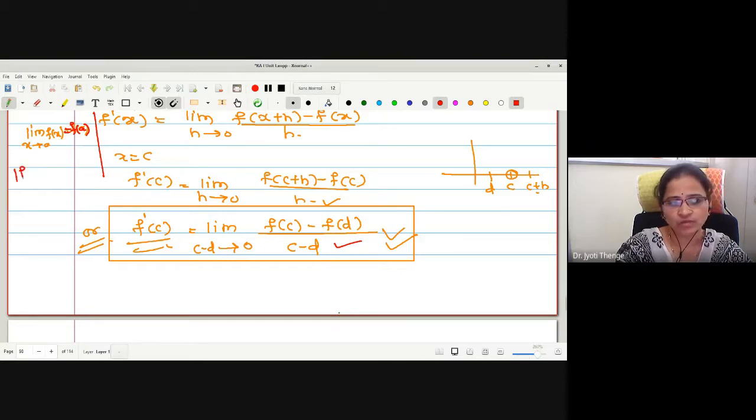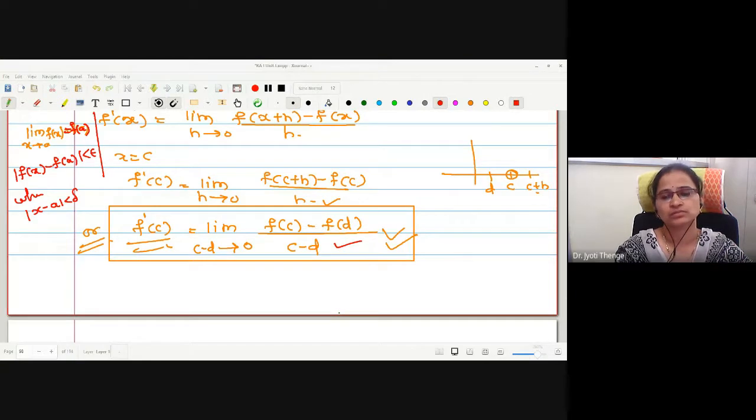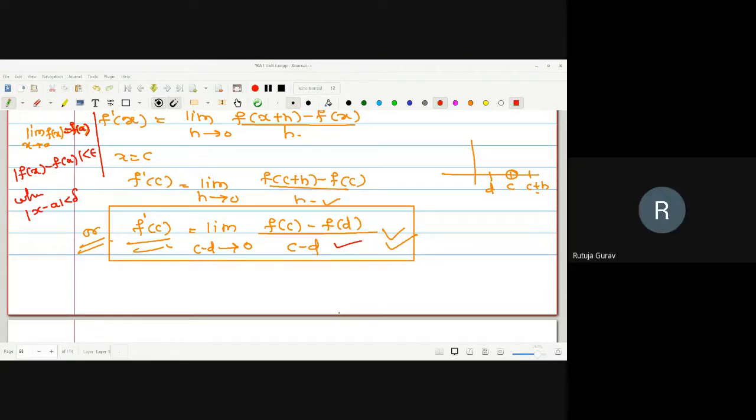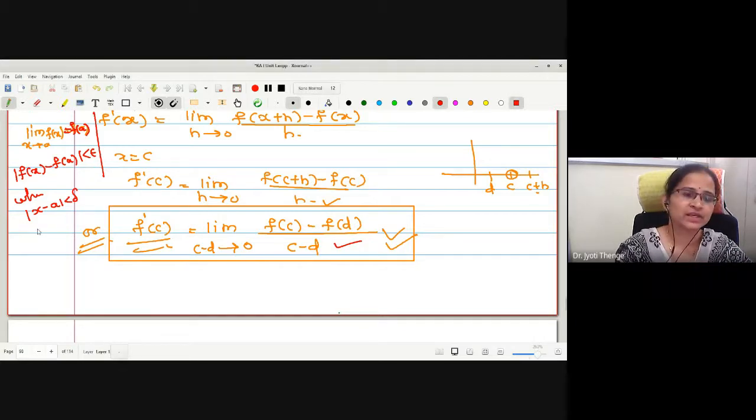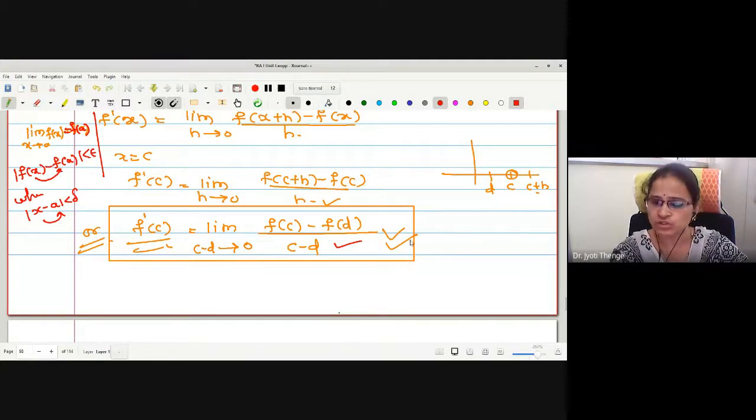We were writing mod of f x minus f a less than epsilon whenever mod of x minus a less than delta. This mod of x minus a less than delta will give that the value of x will tend towards a, and this difference less than epsilon will give you f of x tending towards f of a. Now here we wanted to use this kind of definition but in epsilon delta notation.